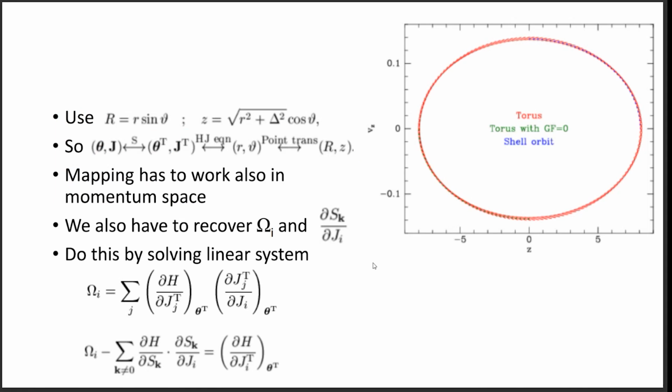But before we can say we have complete control of the problem, we need to find the frequencies, and we need to find these derivatives of the S's with respect to the actions. The way you do this is you write down this rather trivial equation. You say that a frequency is dH by dJ. But by the chain rule, dH by dJ toy times dJ toy by dJ true is the same thing. And